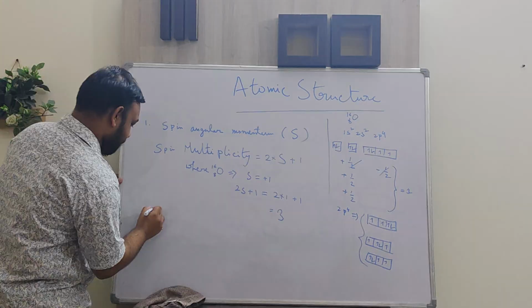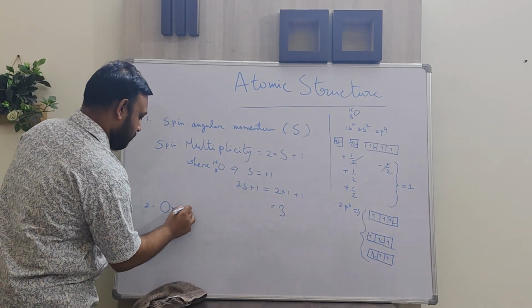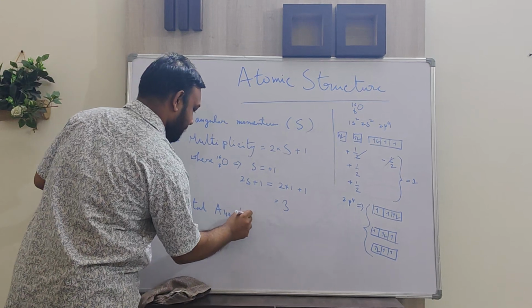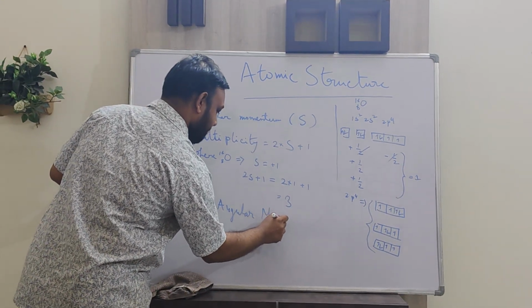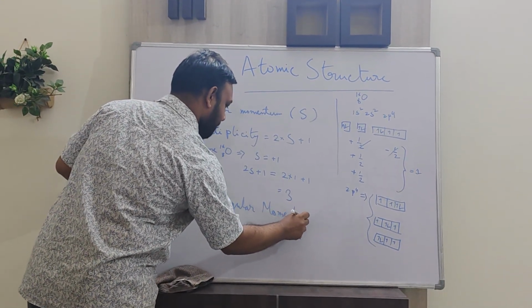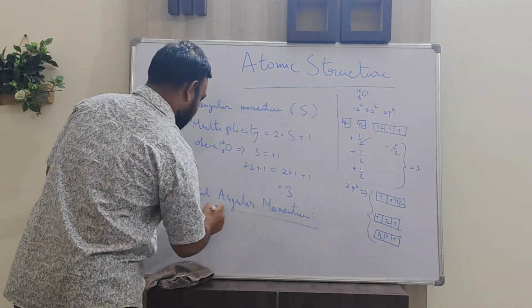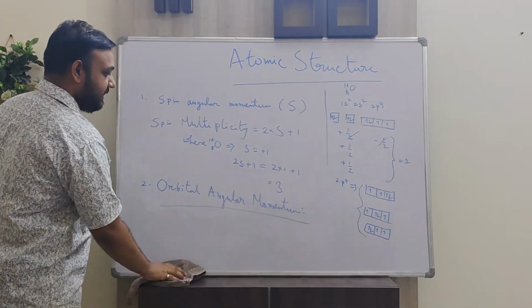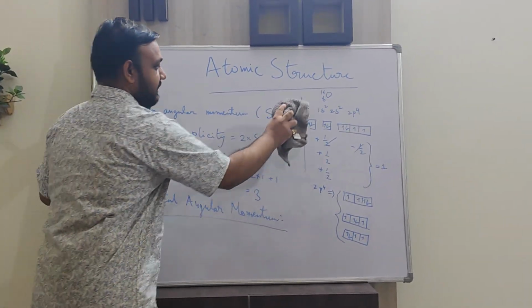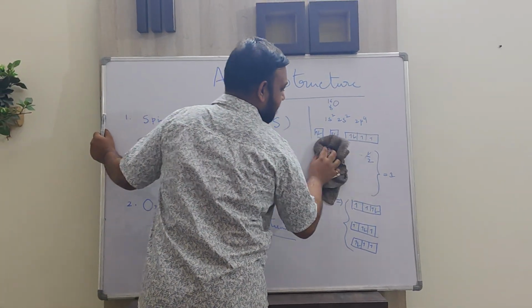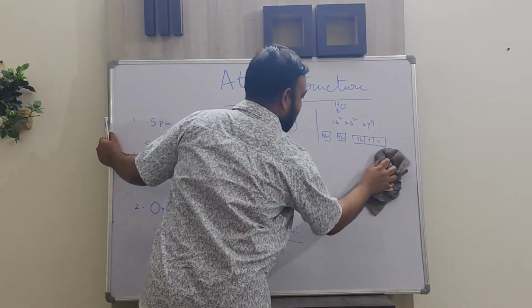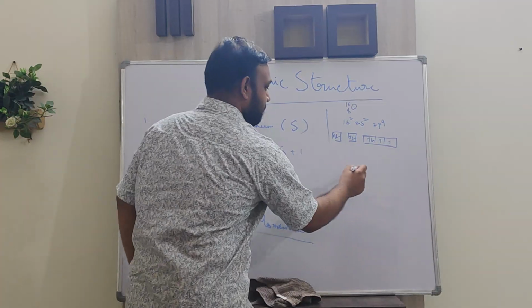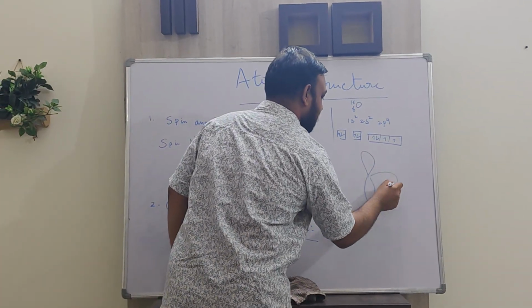Let me write it down: orbital angular momentum. So what is orbital angular momentum? Let me draw something to help you visualize. Here, let's remove this one and think of these as p orbitals. So if I draw p orbitals like that,